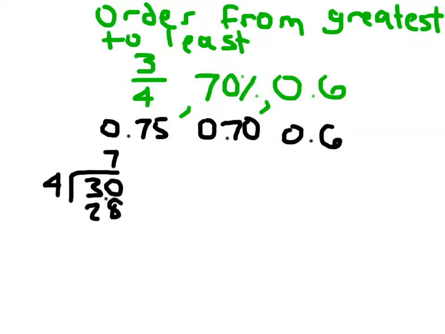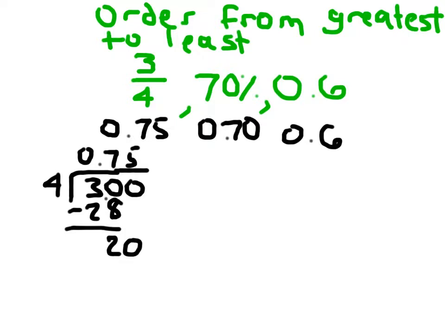7 times 4 is 28. 30 minus 28 is 2. Add a 0 to bring down a 0. 20 divided by 4 is 5. We have 2 decimal places within our quotient, since we're dividing by a whole number, so we have 2 decimal places within our answer, 0.75. Now I can go ahead and compare those, and after I compare them, I rewrite the